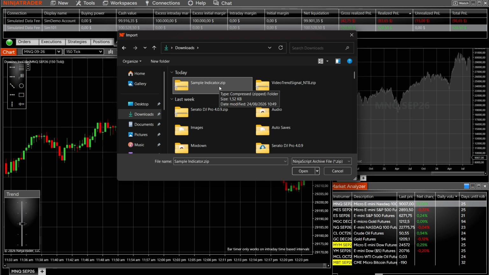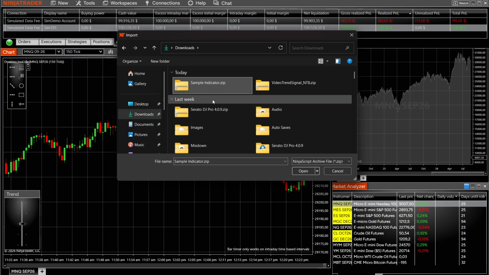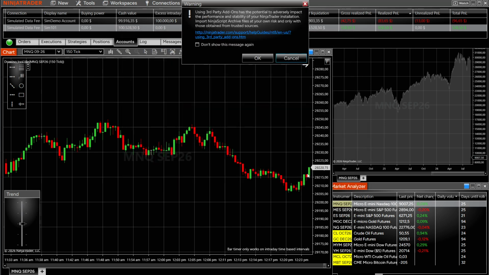And there's a bunch of different places to get this. You can create your own, you can export it yourself from NinjaTrader to move it to a different computer. You can get it anywhere, like online from trusted sources. You can even buy these. There's a bunch of ways to get your add-ons. I have a video telling you how to get these, so you can of course go and watch that first if you are interested. But to import, just click on it, hit the open button, and then here it's going